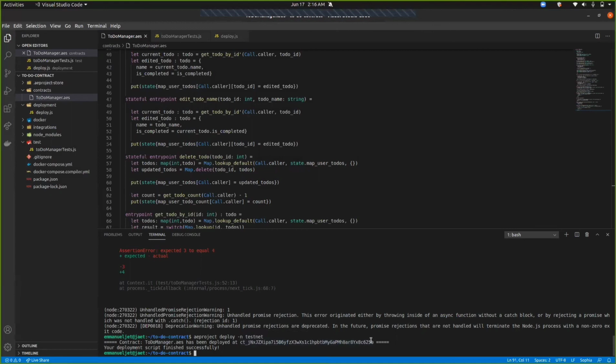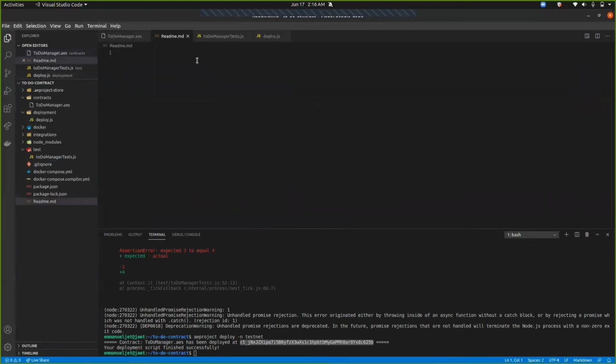So what I'm going to do is to copy this, Control-C. I'm going to create a README file here, and I'm going to paste this here. So this is my contract address, in which we'll be making use of it in the part 2 of